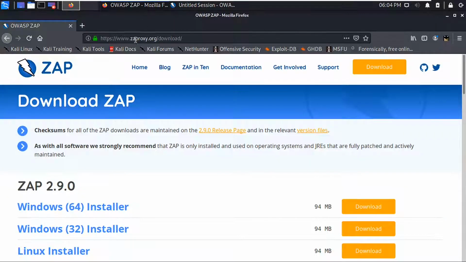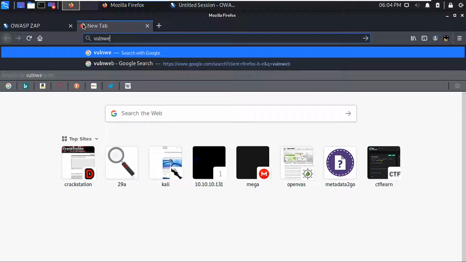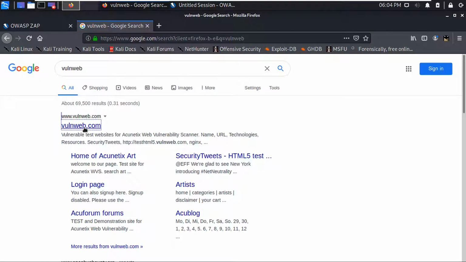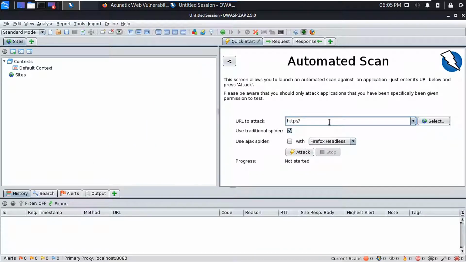Now a legal website to scan is Vulnweb, and search for Vulnweb in Google and you will have the website www.vulnweb.com, and let us copy it from here. Control C and paste it here. Let us remove the HTTP, and then simply click on attack.